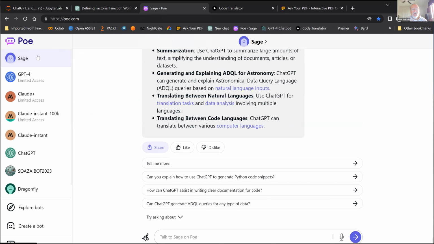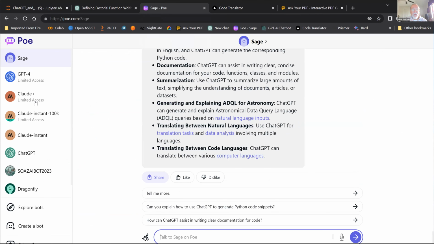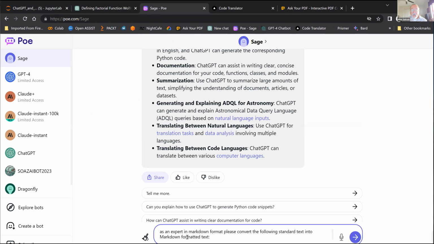We go with this Sage model, which is free, by the way. Some of these others have fees associated with them, so you might be a little careful about using those. You paste in the prompt line, and this prompt just says, as an expert in Markdown format, please convert the following standard text into Markdown formatted text.